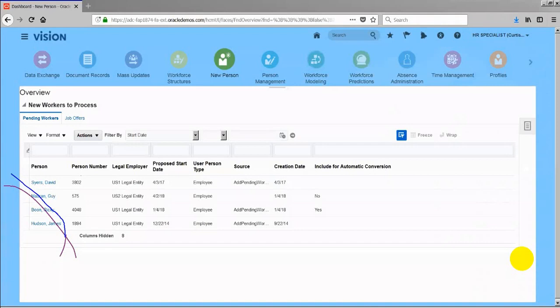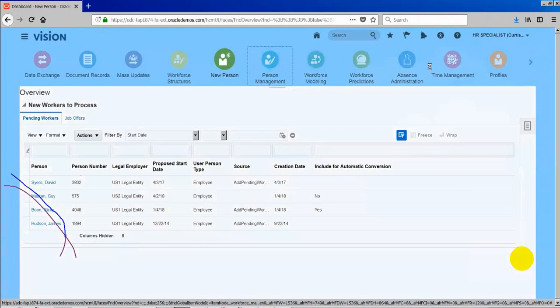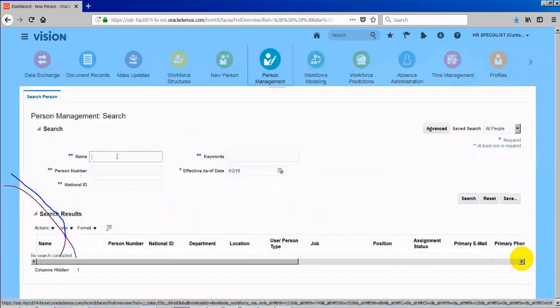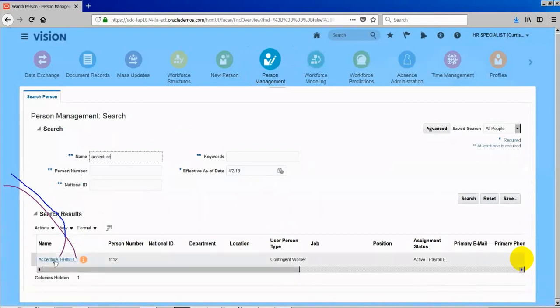So in this flow, you haven't seen the username of whatever person I hired. Okay, let me pull up the person. Accenture HRIMPL, whatever person I hired, I have assigned these roles to this user, but we haven't seen the username of this person yet.